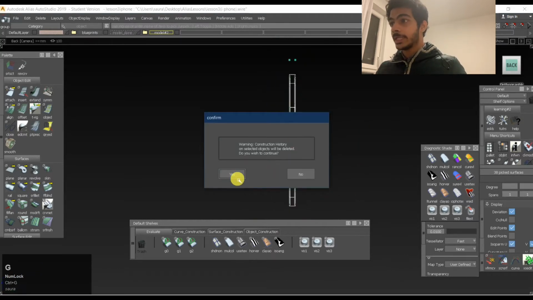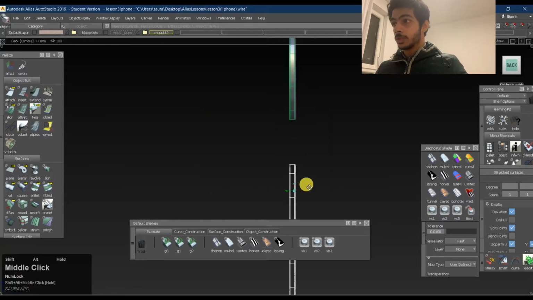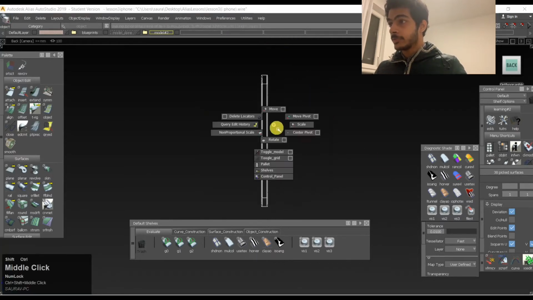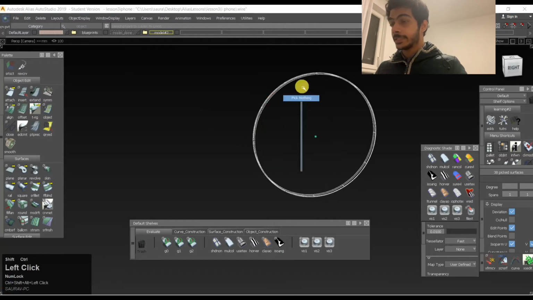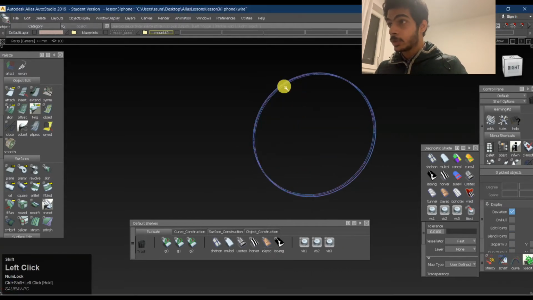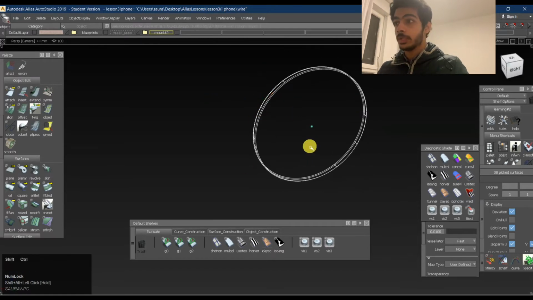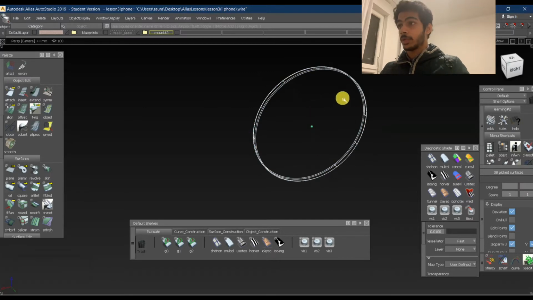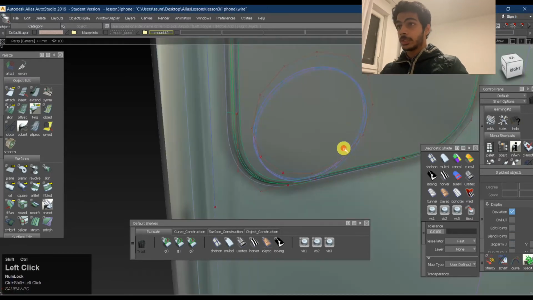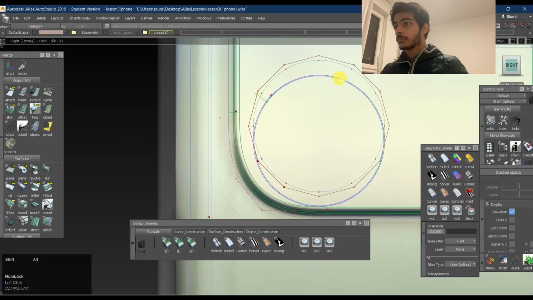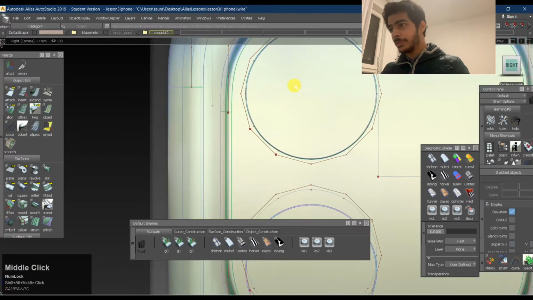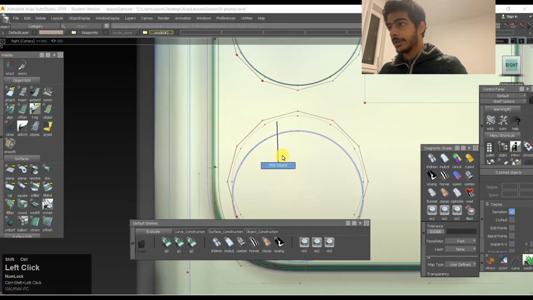Construction history on selected objects will be deleted. Okay, I'm okay with that because I have a good one over here. I'll just center pivot over here and we have something like this. Now I pick object and click over here. You see how the whole object is being selected. So this is the whole object that we want, and the pivot of the whole object is going to remain over here no matter what, right? So that's the best thing about it. Now if we want to make some changes, we can make some changes over here, repeat the same process and bring this other one down as well.